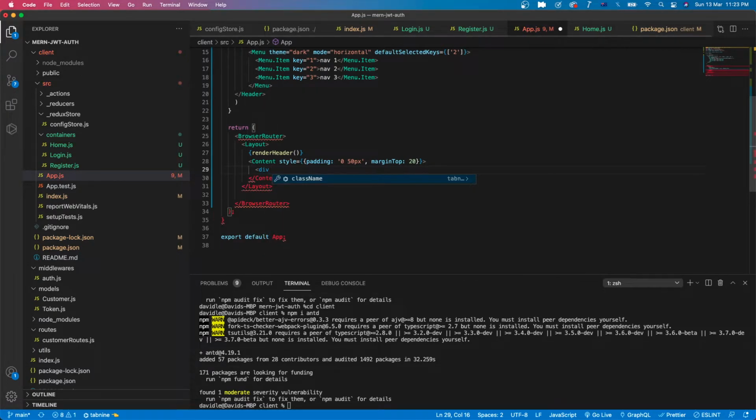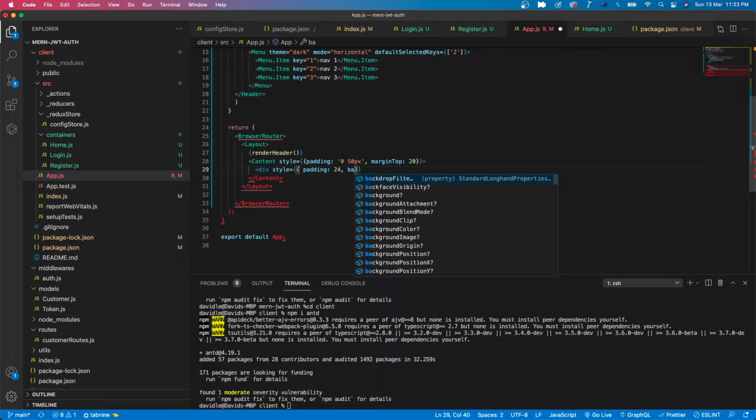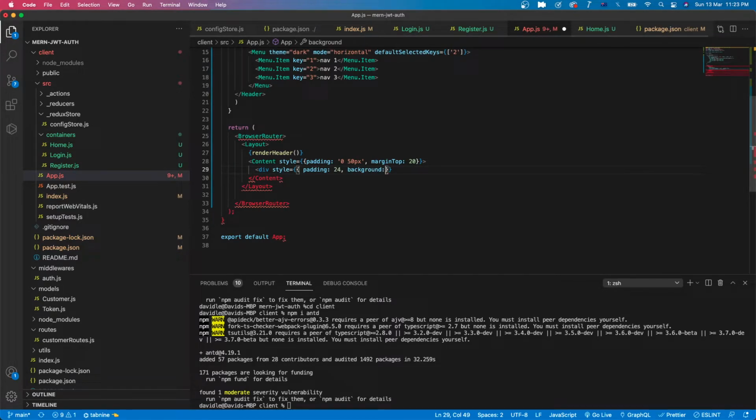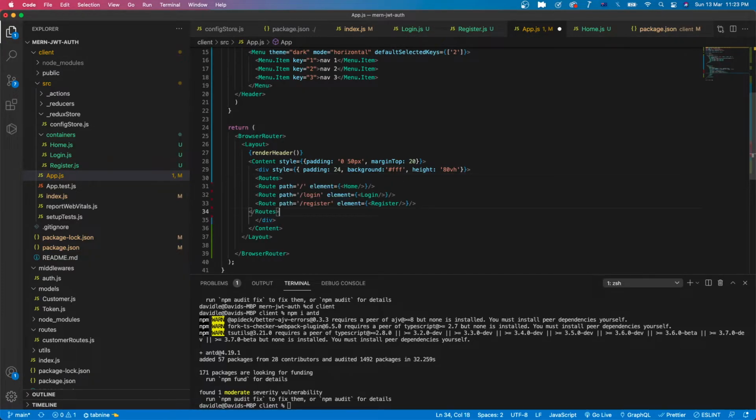I also have a div style, padding 24, the background is white color, and the height 80 VH, and then paste the routes here. Okay, and then